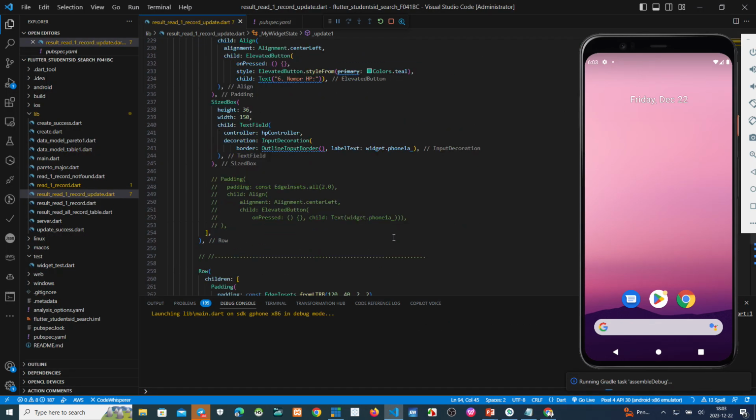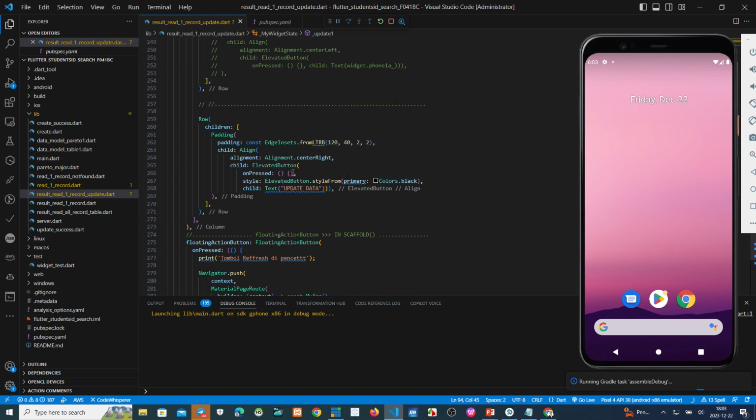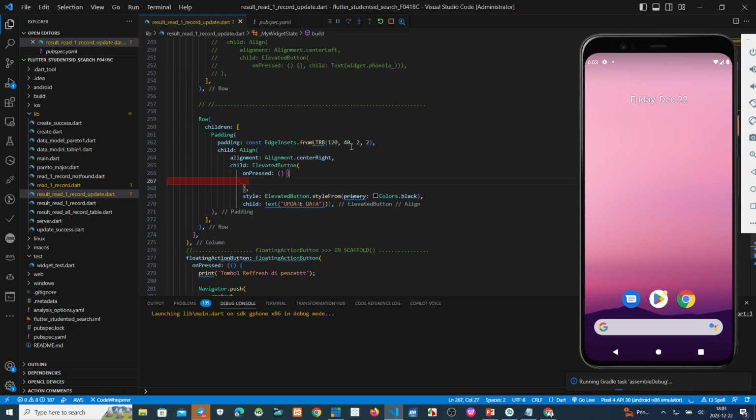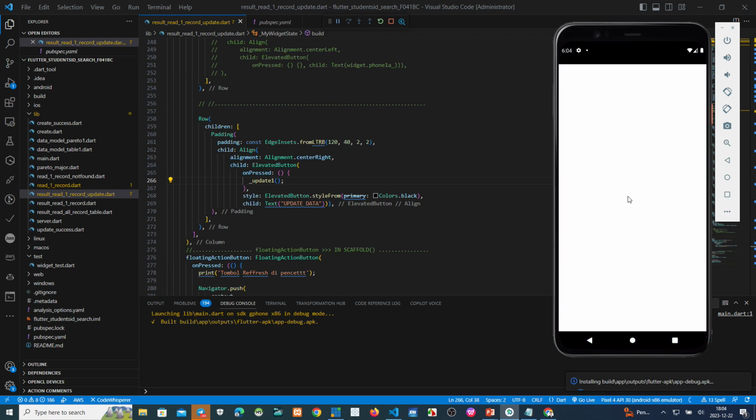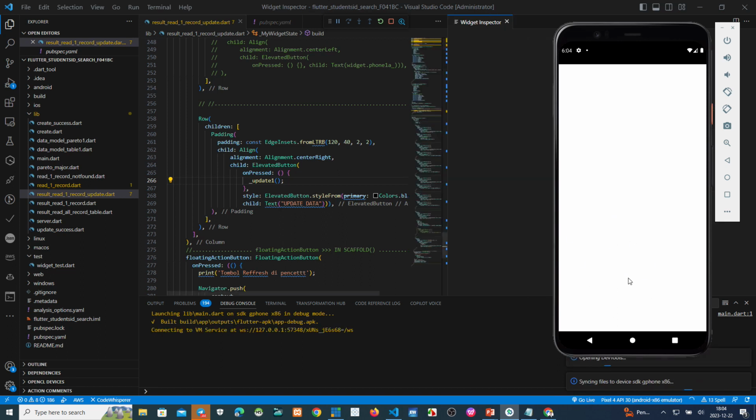On this one you must run underscore update. This is how to run the script if we put it on the update data button. We wait a moment, maybe 1 minute, maybe a few seconds, until we finish this process.